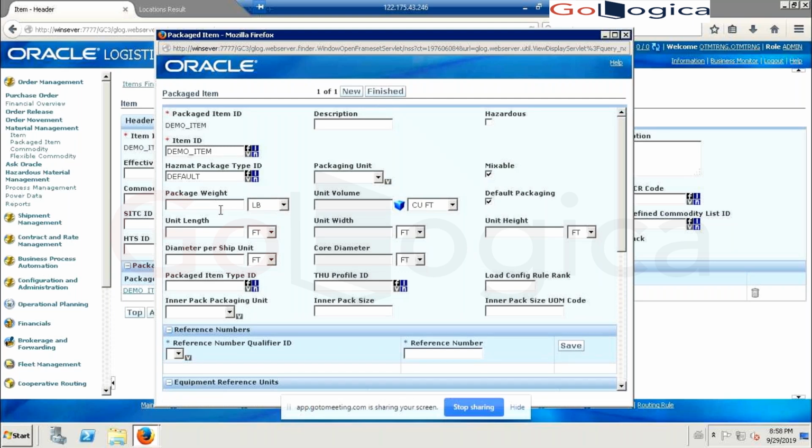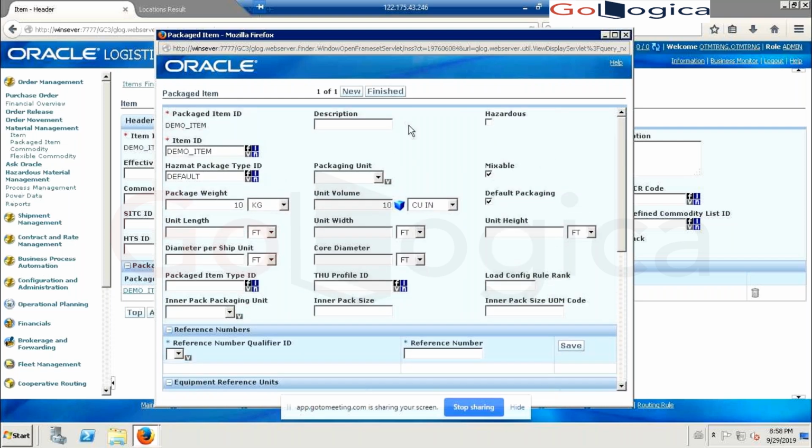So I'm giving the packaging weight, I'm just giving 10 kg, and 10 cubic feet, inches I'm giving because it's a phone box, right?